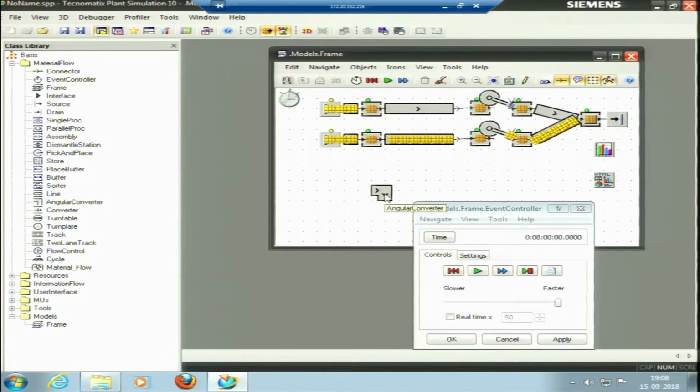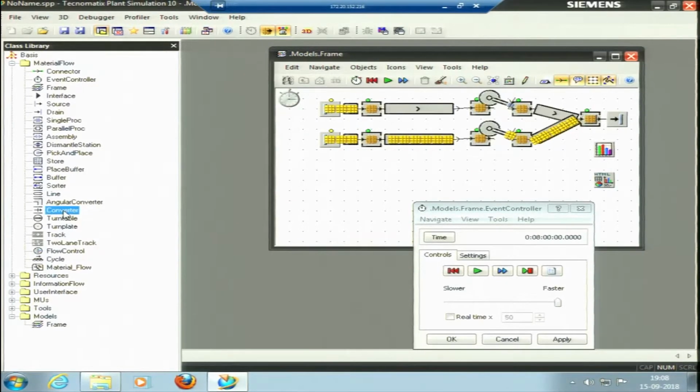So angular converter moves the parts to its successor within the flow of measurements, like it moves the part onto the first leg of the angular converter. When the booking point length has reached the entrance, then at the angular converter, the part drives along the entry length and entry speed, all those things we can control. Okay, entry point, entry speed, exit point, these things can be controlled. Like I just showed the attributes of this specific object.